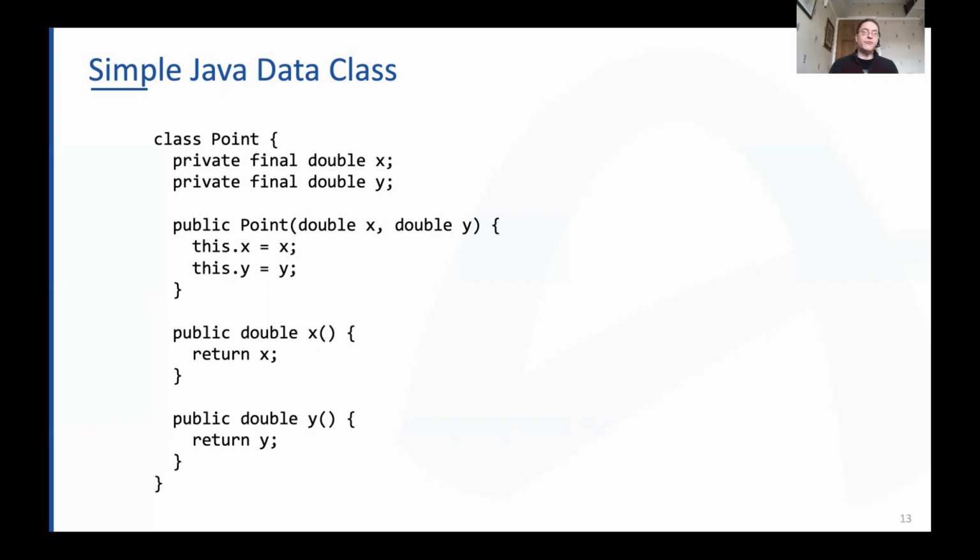And in order to do that, we've obviously got to declare 2 instance variables, private final double X, double Y. Then we have a constructor that takes 2 doubles. We then assign those doubles to the instance variables of the class. Then we've got accessor methods, so we can do public double X, which returns X, public double Y, which returns Y. And if you look at that, you've got something like 16 lines of code, maybe not with the white space, but probably a good 12 lines of code just to create a tuple. And that's, you know, a lot of work when it's something